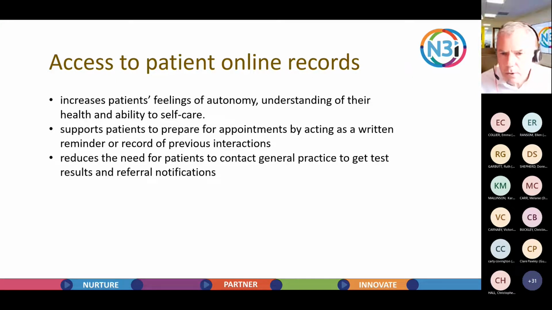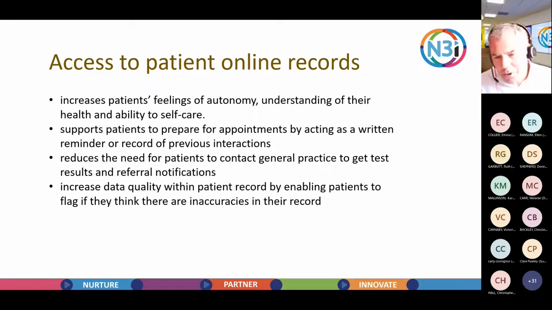It reduces the need for patients to contact the practice to get test results. So the test results is interesting. This is the basic test result where it's saying, yep, you're fine, we don't need to do anything else. Those sorts of results can just pop into your NHS app. And I know from my own personal experience that has happened to me recently. I got a result saying normal, no further action needed. That's great. I don't need a phone call. I don't need someone to be sat trying to contact me or anything like that. I can just see it because it just pops up.